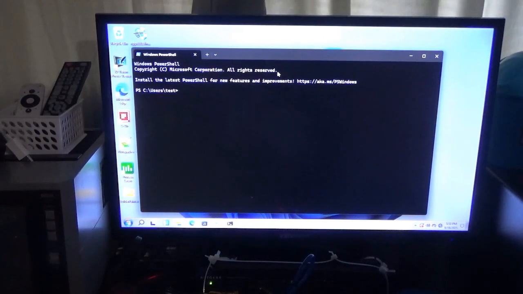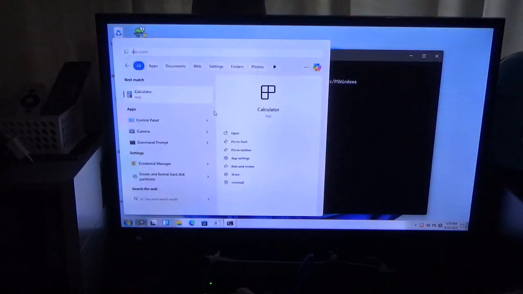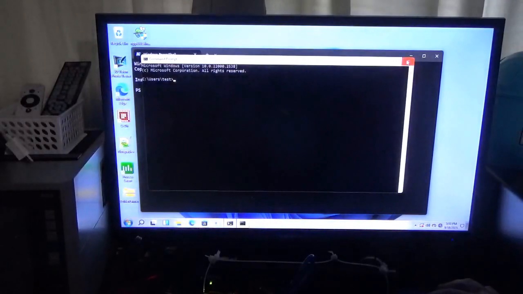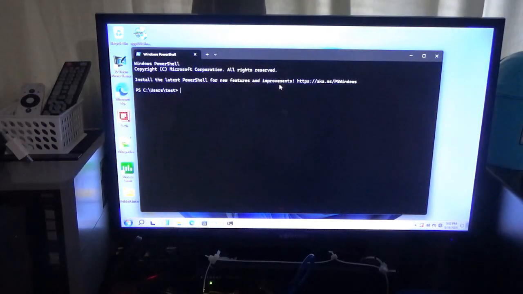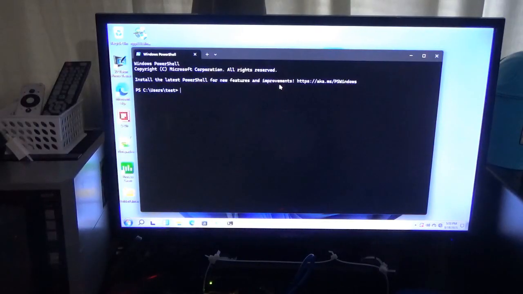If you don't know this code, what you would normally do is go into here and type command prompt, and you would open it up that way. But you could do it through PowerShell. So you do